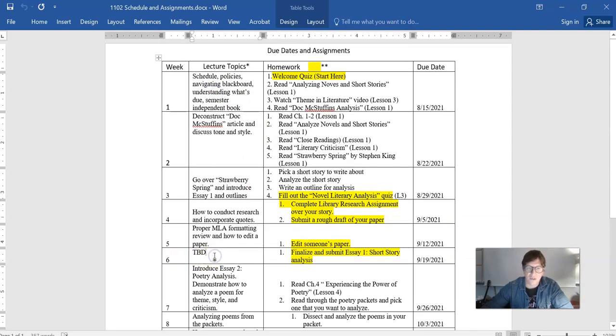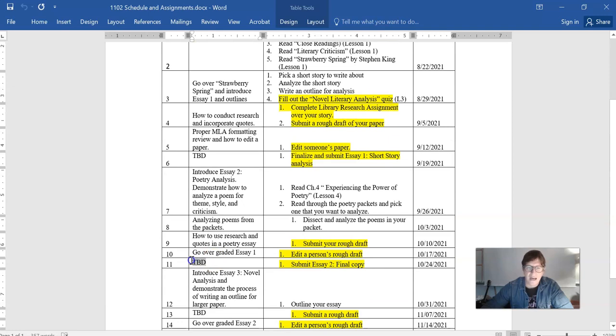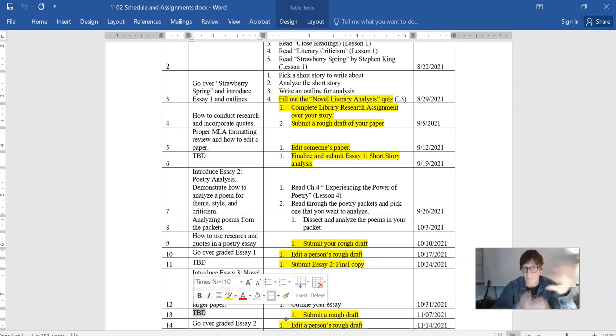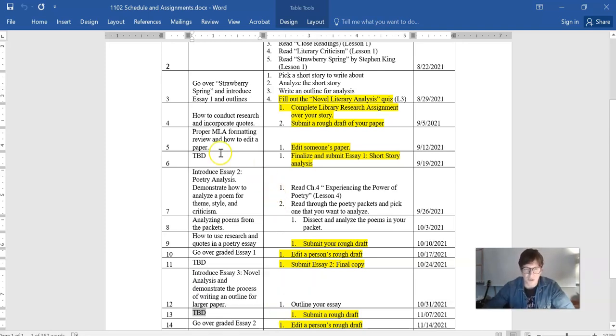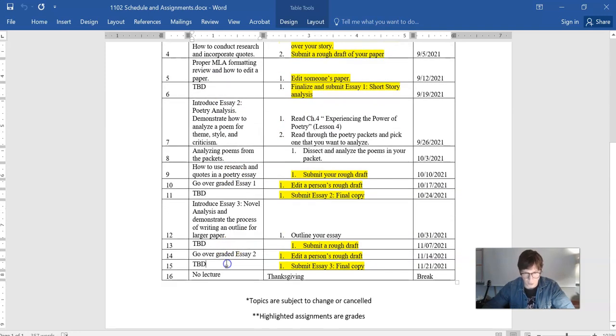I usually reserve those weeks because oftentimes things come up throughout the semester where I realize that the majority of students aren't understanding something, or that everyone's making the same mistake. So I will do a lecture on those things that I'm noticing, all right? So I like to leave room in the semester for these open-ended dates for me to decide what I want to go over.